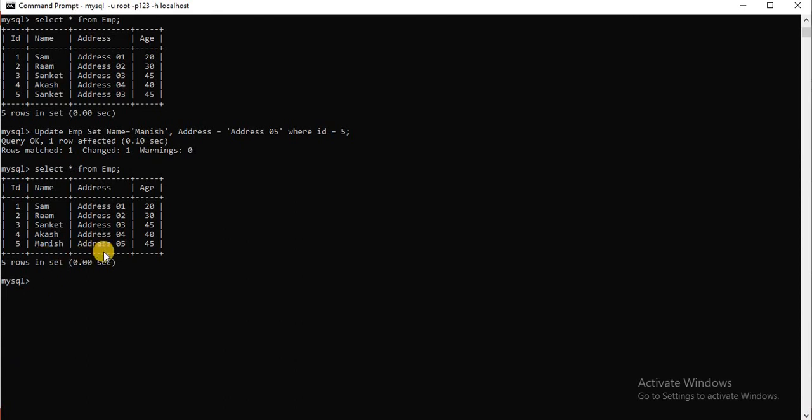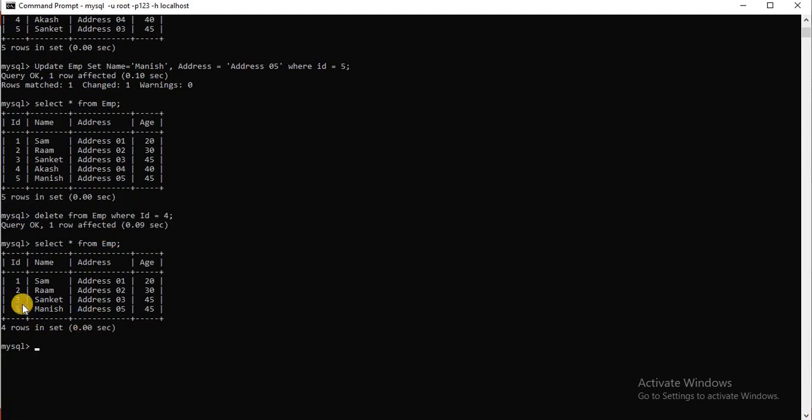Now I want to delete one row from the table. Suppose I want to delete Akash's details from the table, so I use the command delete from which table, EMP, where the condition is id equal to 4. I can also delete two IDs.